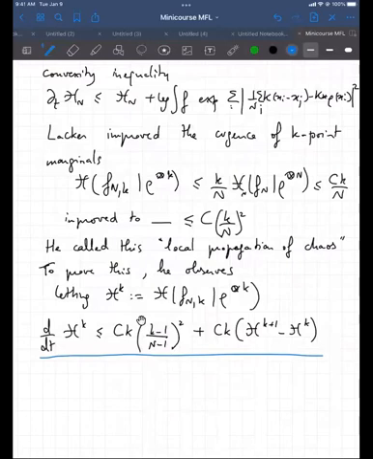Okay, so at first it doesn't look very good because you're like, okay, in order to understand the derivative in time of hk, I have to look at hk plus 1. That's the hierarchy aspect, right? We encountered this before. If you want to understand the k-point marginal and the evolution of the k-point marginal, you're going to have to look at the k plus 1 point marginal. And how do you get anywhere with that?